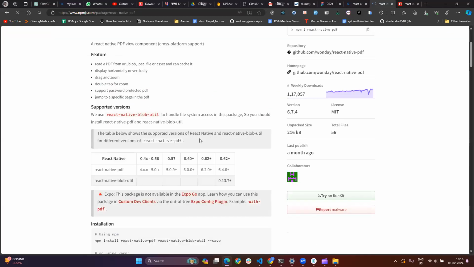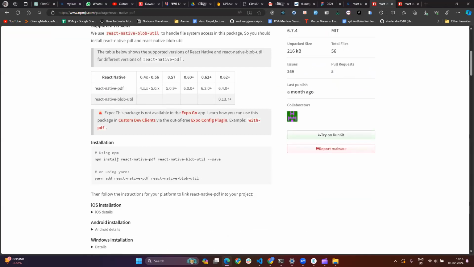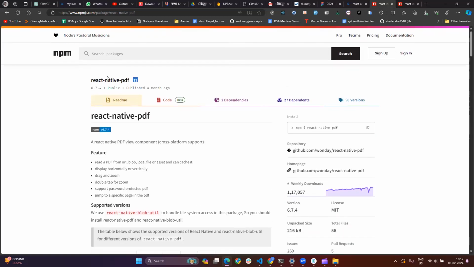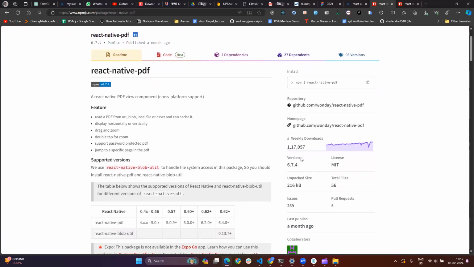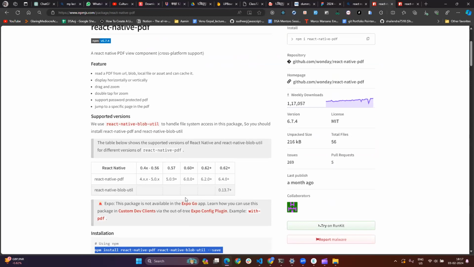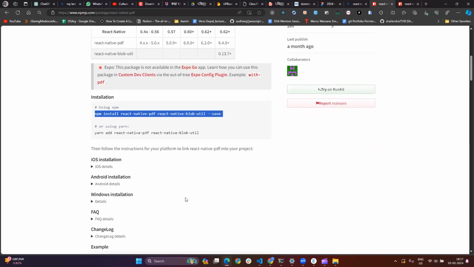Yeah, perfect. Now this is the package which I'm talking about. So we have to run this command. This is the package called React Native PDF, which has a great number of downloads, more than 100,000 weekly. So let me copy this,